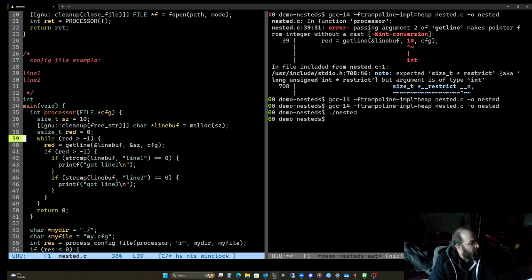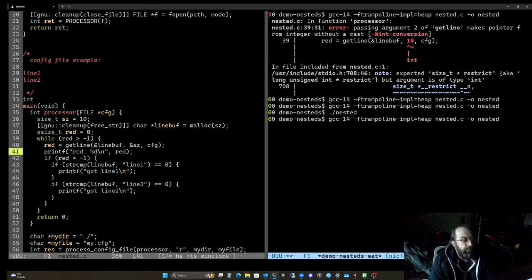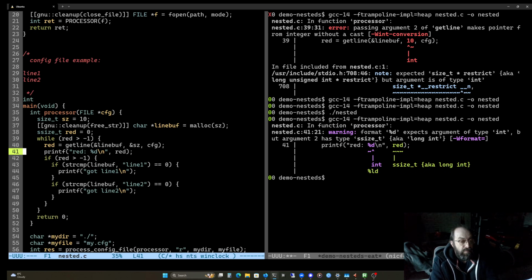We made a line while read is greater than -1, and then call. Okay, so let's print this out in our processor. Oh, yeah. Okay, so we want a %zu instead.